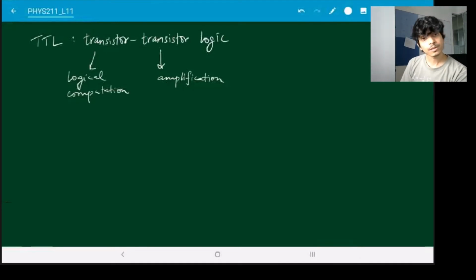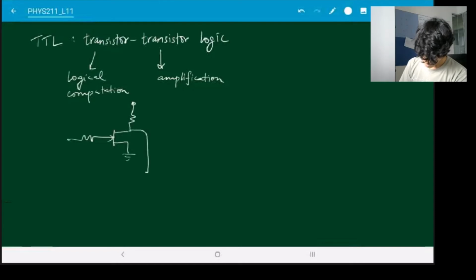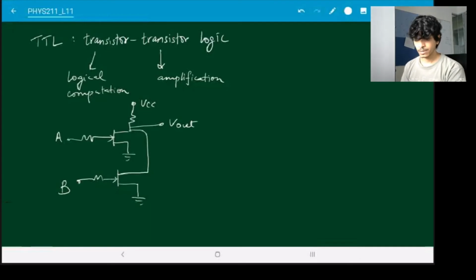You don't have to stick with bipolar junction transistors. You can do the same thing also with FETs. So, for example, that circuit that we drew, you could also make something like this. So here, instead of using transistors, we are using FETs. So you can do these with complementary MOSFETs and so on.